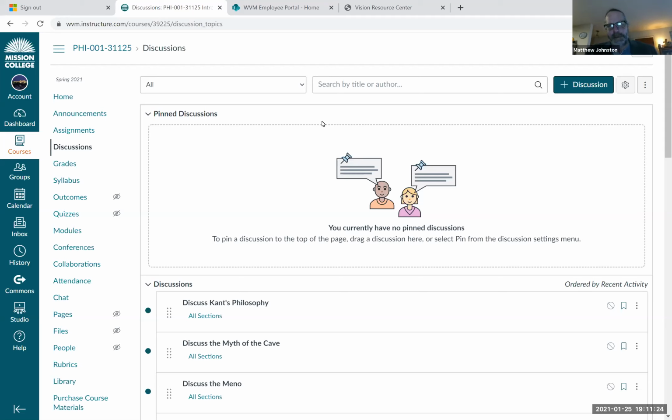Note this right now. You need to post twice to get full credit for this. And there is credit associated with this as part of your grade. One, you should have your own comment about the reading, but you should also respond to someone else's comment. You will get extra credit for doing more than twice, and that's fine. I strongly encourage people to post more than twice. But if you want to get just the basic credit, you need to post twice on every discussion.